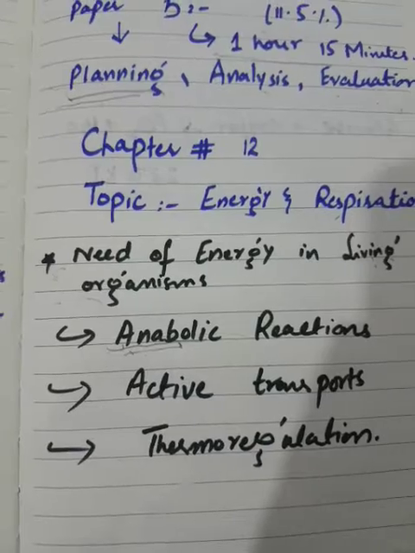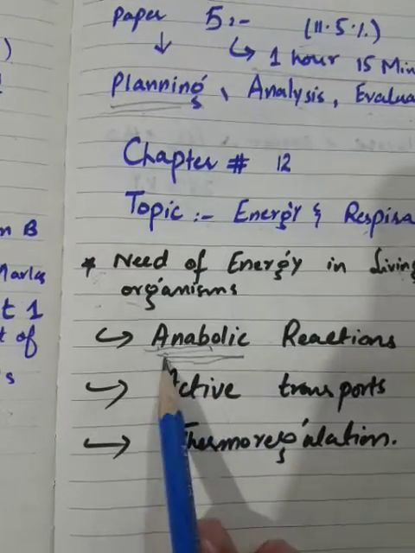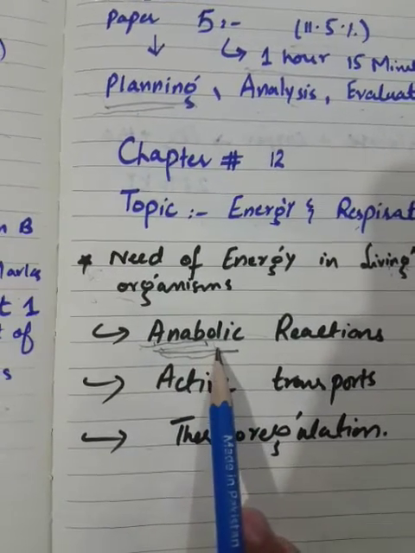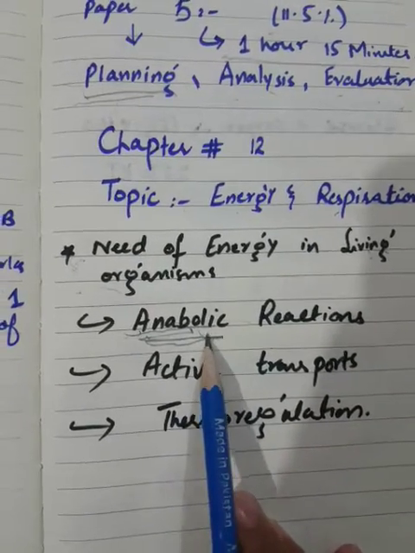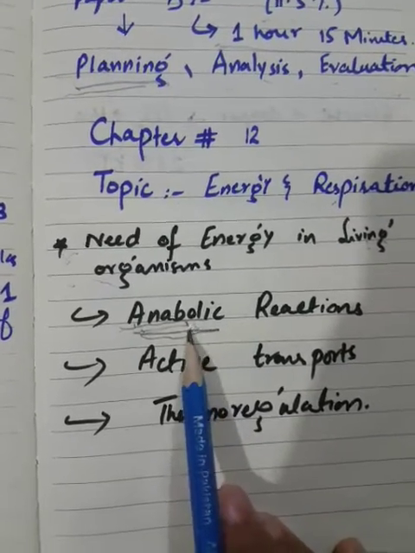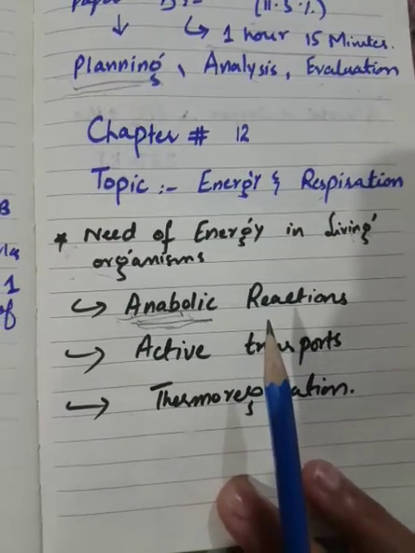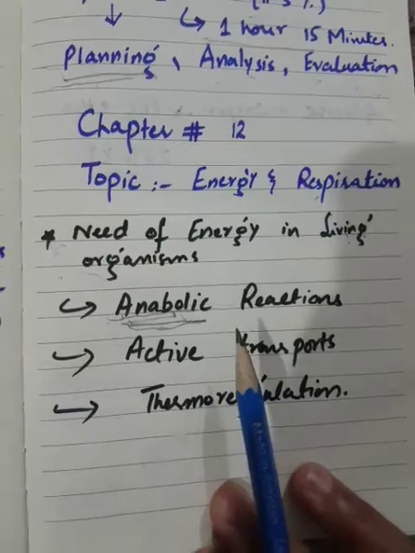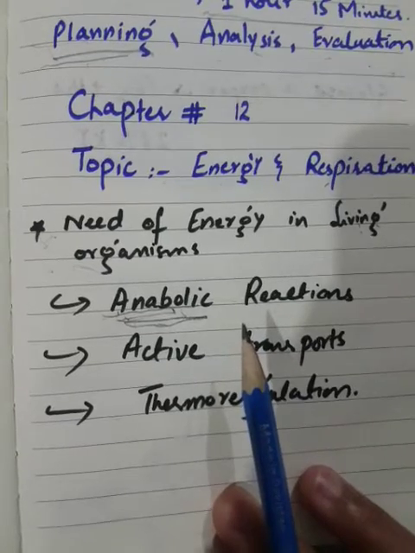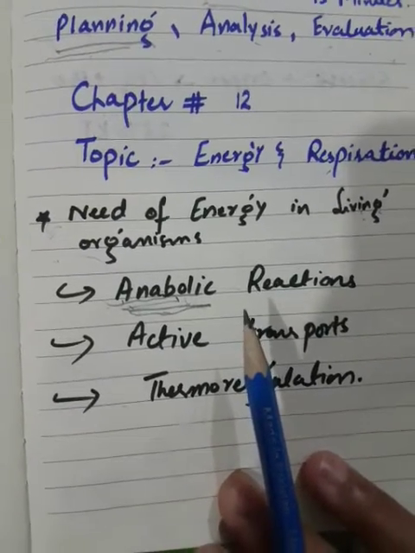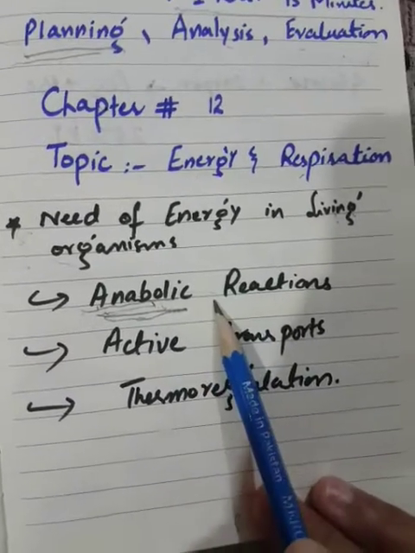The first one is anabolic reaction. The first thing comes into our mind, that what are anabolic reactions? I'm sure all of you are familiar with the term. Anabolic reactions are those reactions in which small molecules add up to form a large molecule, or simply we can say that micromolecules join up to form macromolecules. The best example is the example of protein synthesis. You know, the basic unit of protein is amino acids, and there are 20 different kinds of amino acid. These different amino acids, using peptide bonds, combine together and form a polypeptide. And during the formation of polypeptide or protein, energy is required.